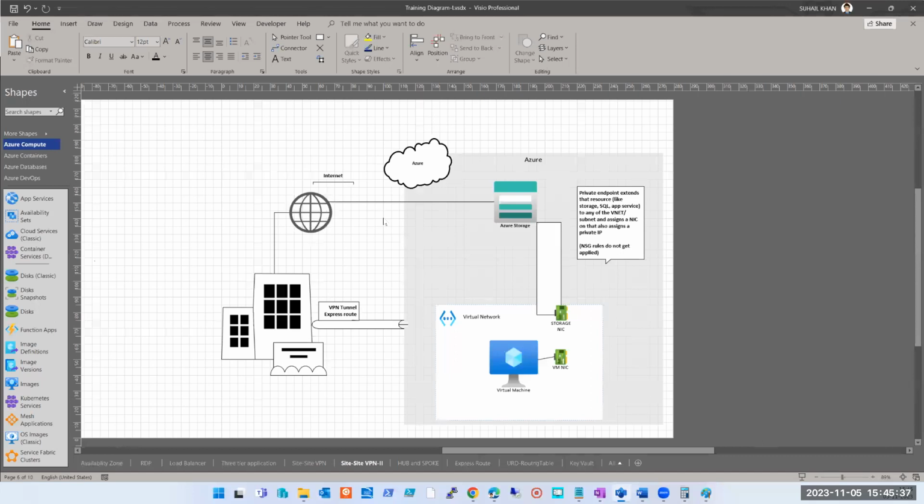Public restricted means you are selecting a virtual network, but the data is still traveling over the internet. But the moment you say private endpoint, it will start communicating like this. And public is public; however you want it, it will communicate over the internet. Clear to everyone, guys?